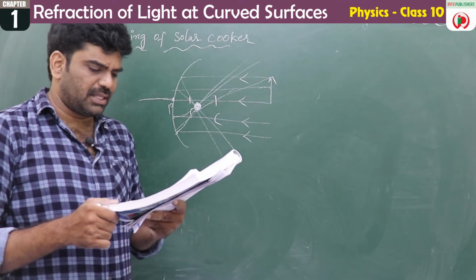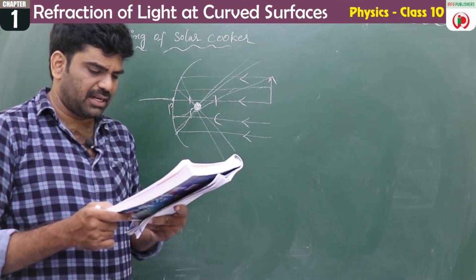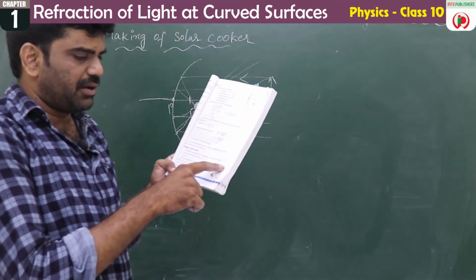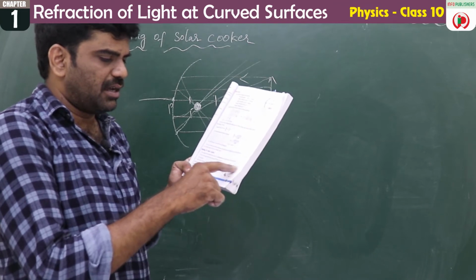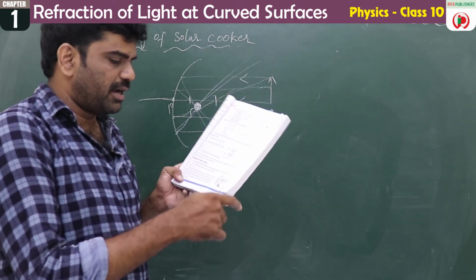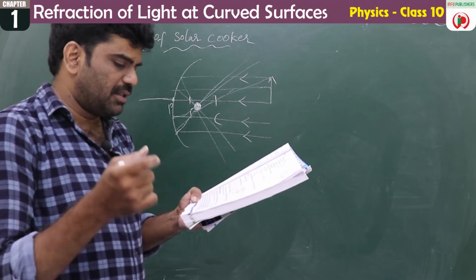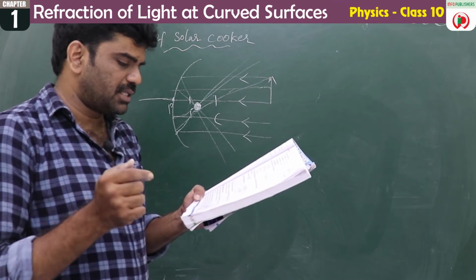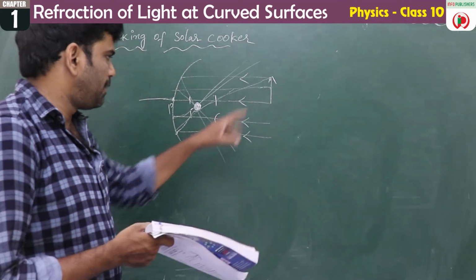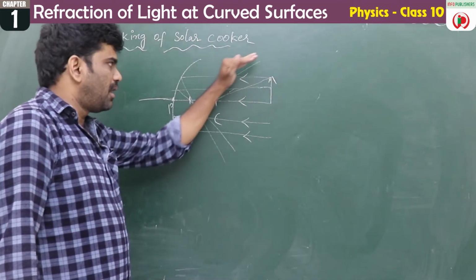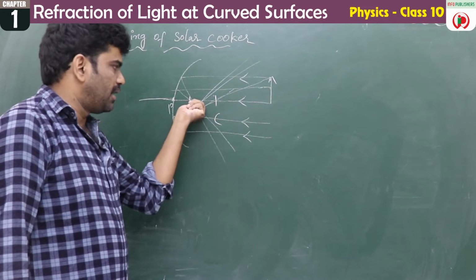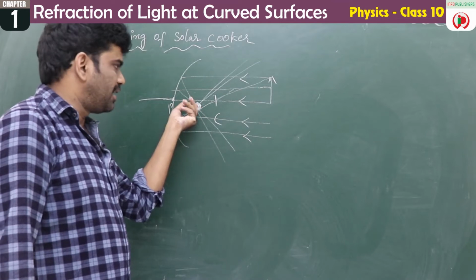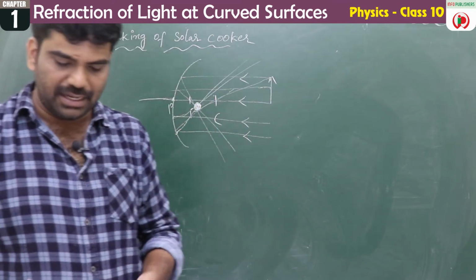So with a small concave mirror, we can heat up and burn paper as shown in the figure. See, the figure is there. All the reflected rays are meeting at a point. That point is the place where we get the focal point. The concave mirror focuses parallel sun rays, and if you keep the concave mirror like this, all the parallel sun rays get reflected and at one place we will get the heat. Why? Because heat is present in the sun rays, and at that place the heat is used for heating or burning.